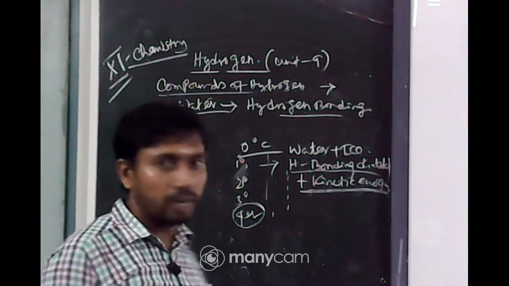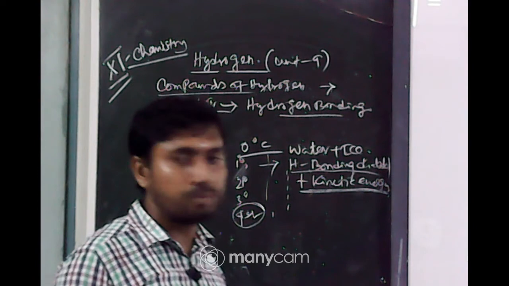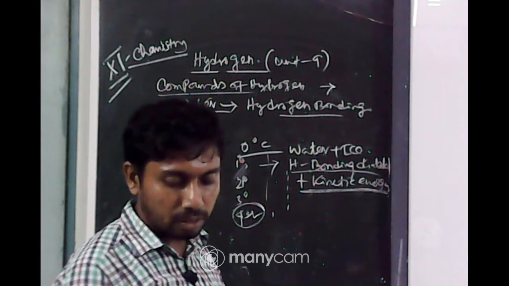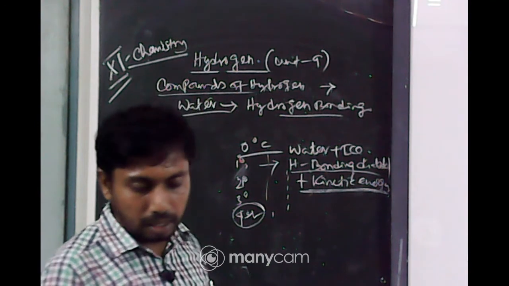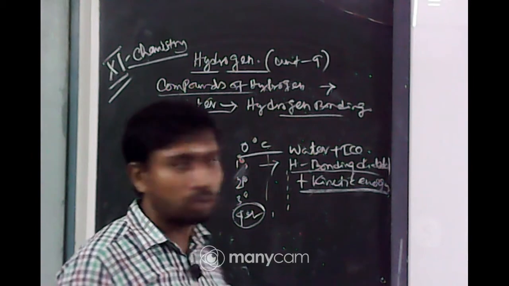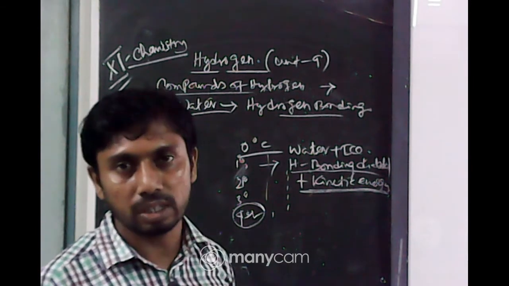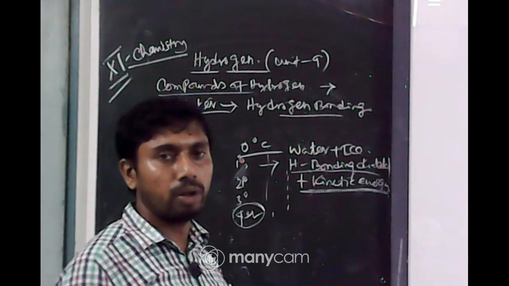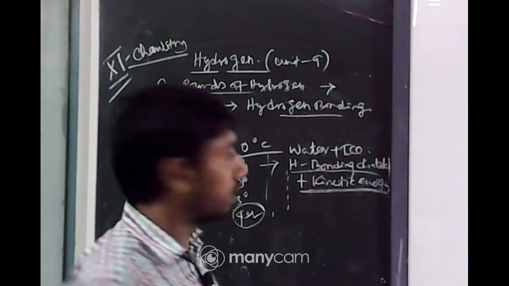So, from today, what is hydrogen bonding, why ice floats on water, what is the maximum density at 4 degrees centigrade, and the short note on hydride. If it is a short note on hydride, then it should be a 3 marks question. In it you have to define it, give examples, and also give some characteristics of it.